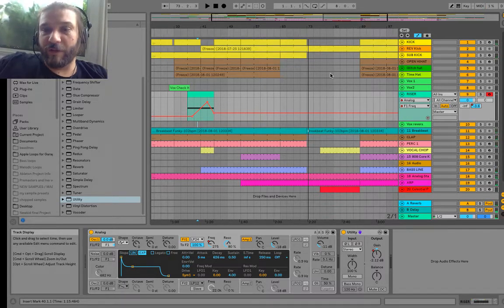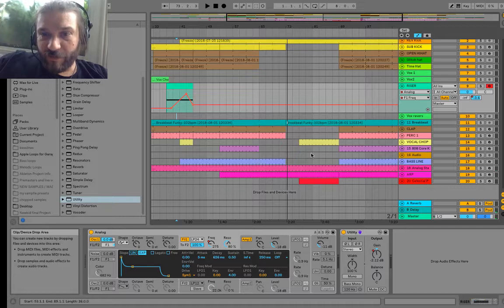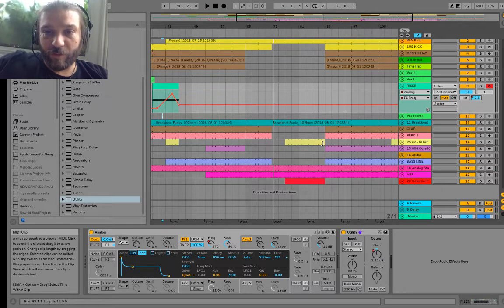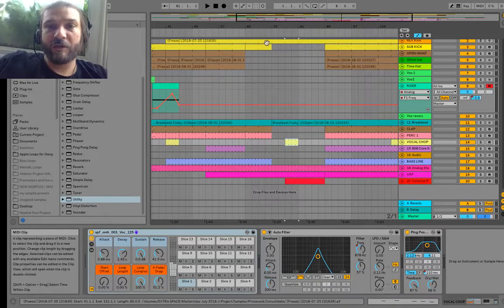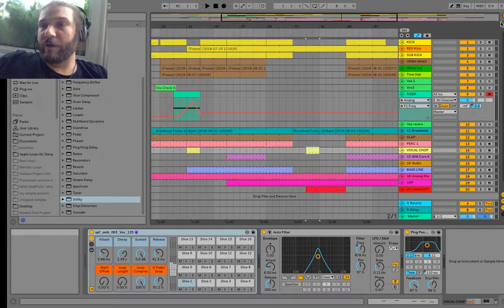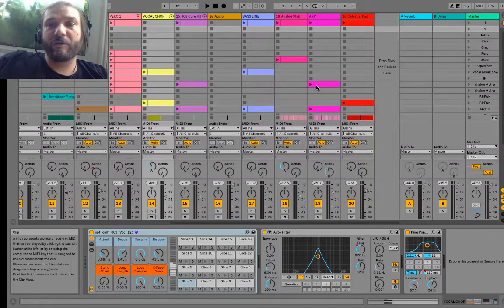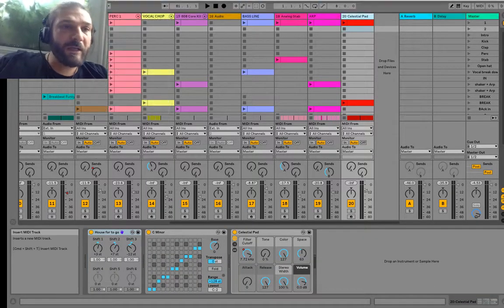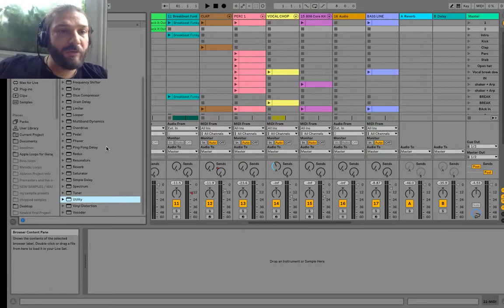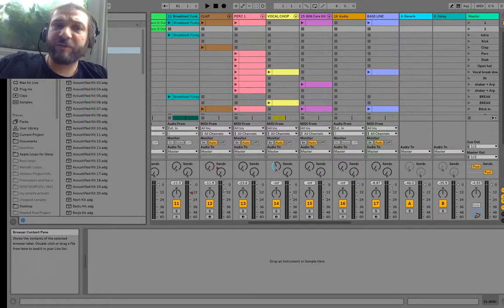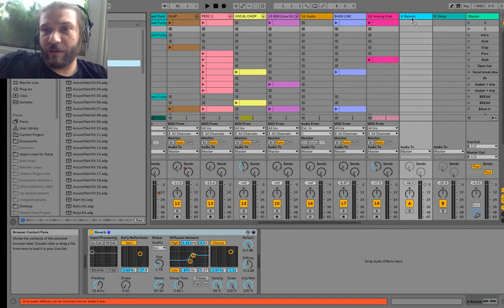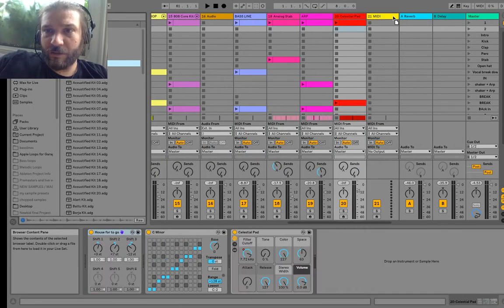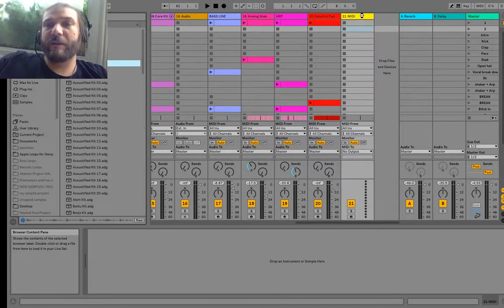into our breakdown. We've got this beat that's coming up in this vocal chop. We only want a little bit of that vocal chop there. So I'm going to create a snare roll. I'm going to do it in the session view this time. So I'm just going to create a MIDI track here, and I'm going to go to my drums, and I'm just going to use a standard 909 kit. I like the snare of a 909 kit for a snare roll here. Going to drop that in there like that,